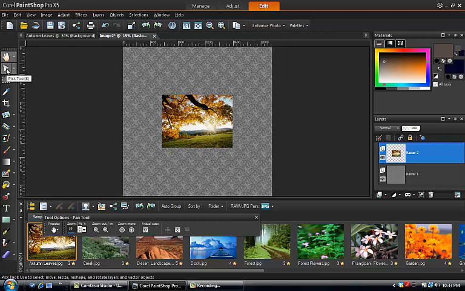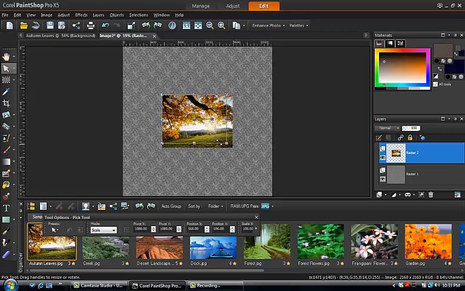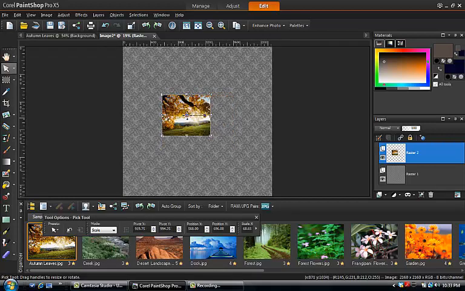Then go over to your toolbar and click the pick tool, and you can use this to adjust the size. I'm going to make it small enough so I can add 2 more pictures,